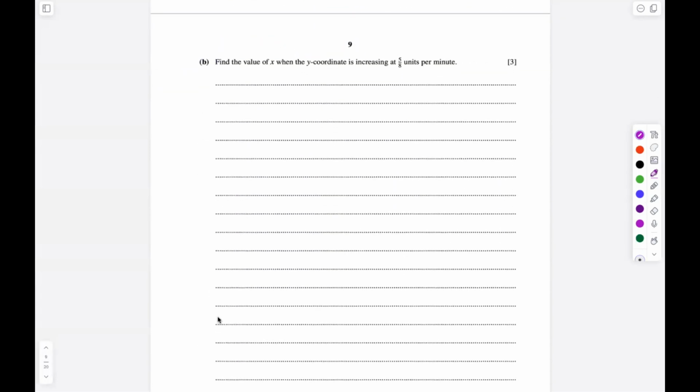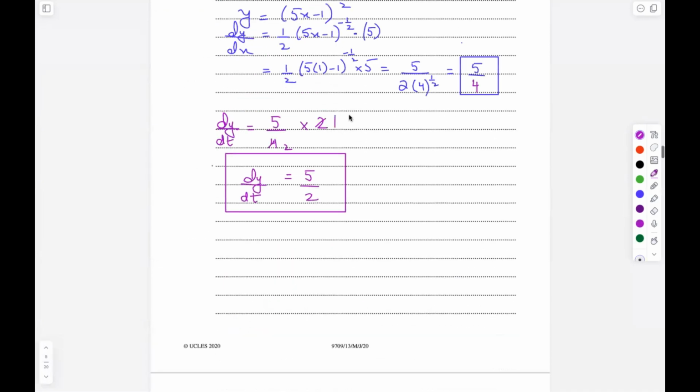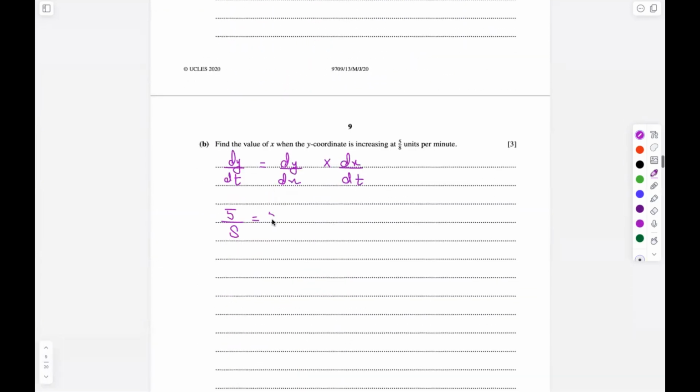In part B, it says find the value of x when the y-coordinate is increasing at 5 upon 8 units per minute. Now, we know that the rate of change of x is 2. The rate of change of y is given in this case as 5 upon 8. So again, writing the formula, dy by dt will be equal to dy by dx into dx by dt. So we know that dy by dt is 5 upon 8. dy by dx we found in the previous part, that was 5 upon 2 into (5x minus 1) to the power minus half,